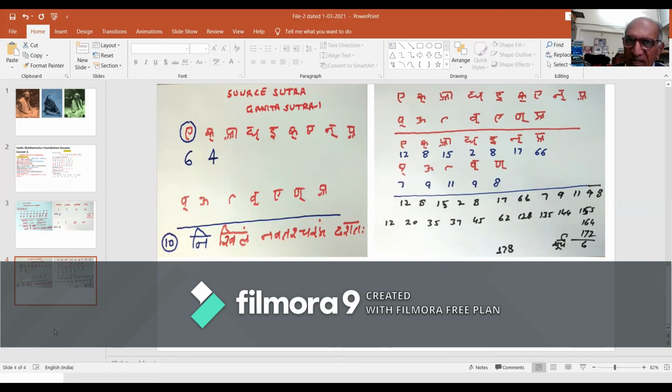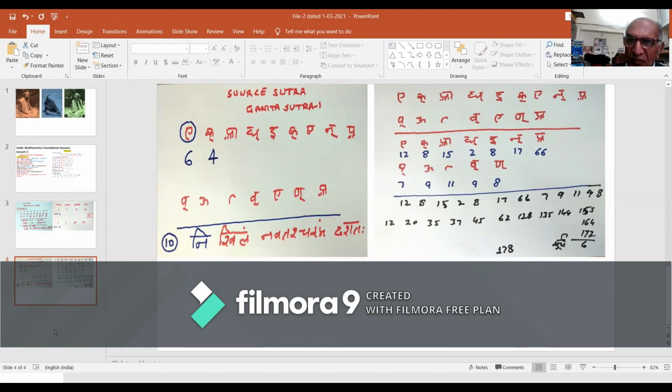Total letters of the text of Ganita Sutra 1 are 16, while distinct letters are only 12. Now, if we tabulate the frequency of occurrence of these 12 distinct letters of the text of Ganita Sutra 1 within the entire text of all 16 sutras, then as is tabulated,